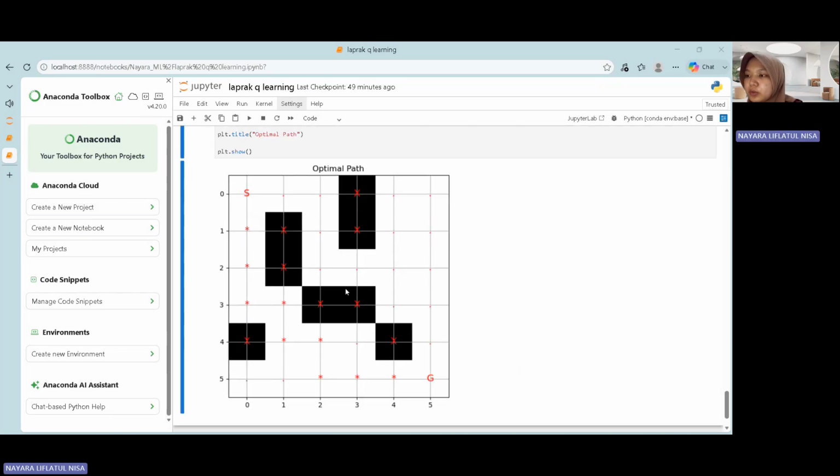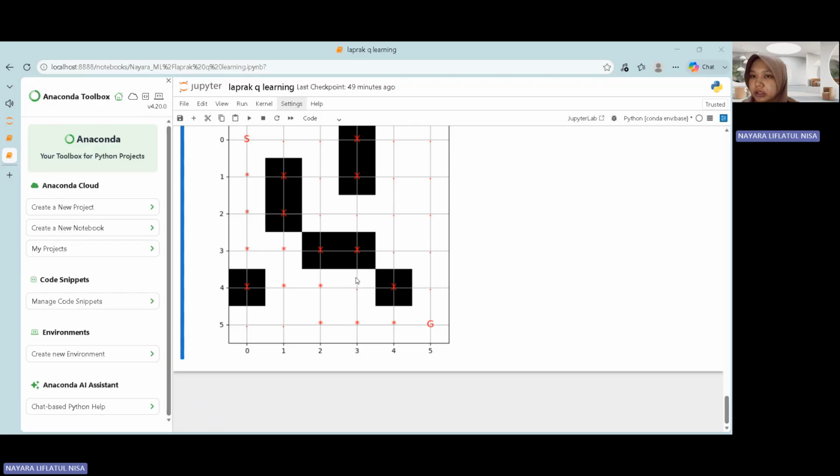This figure shows the optimal path inside the maze. The red markers indicate the route chosen by the agent. We can see that the agent successfully avoids all obstacles and reaches the goal through the shortest learned path.